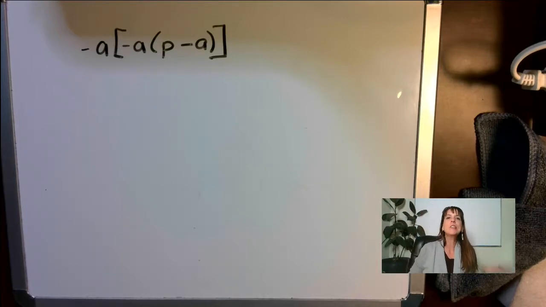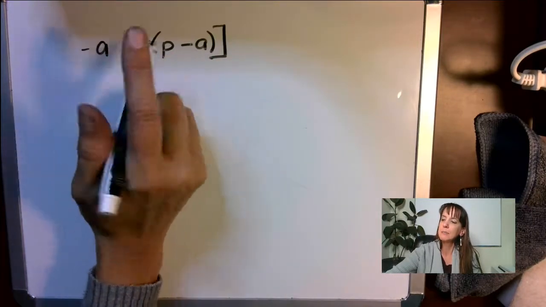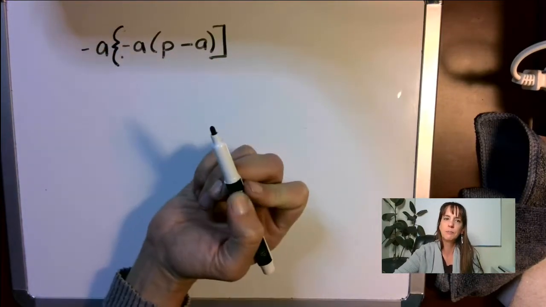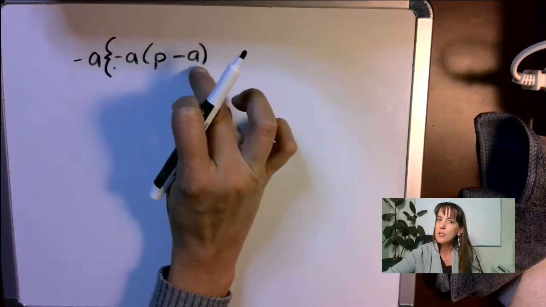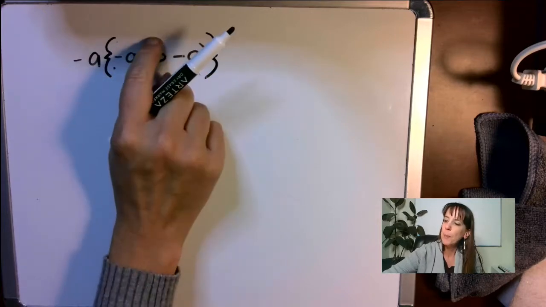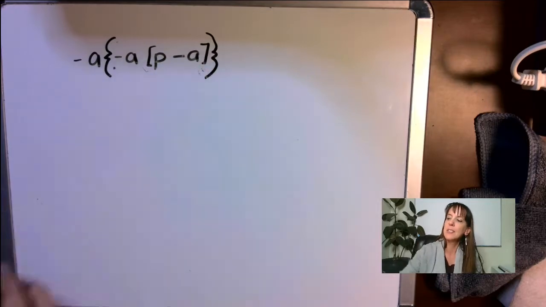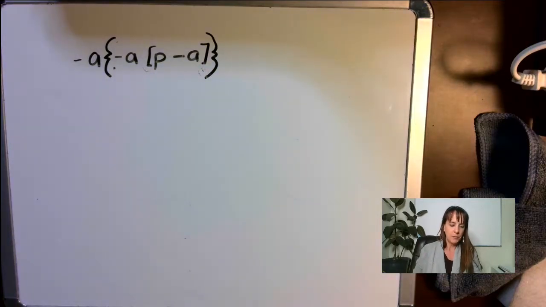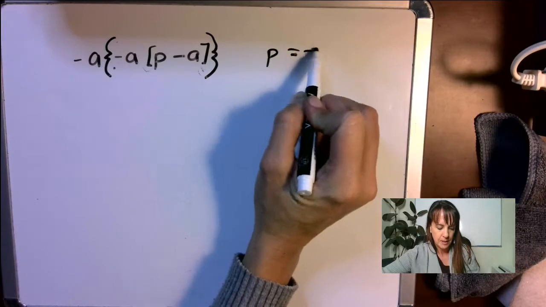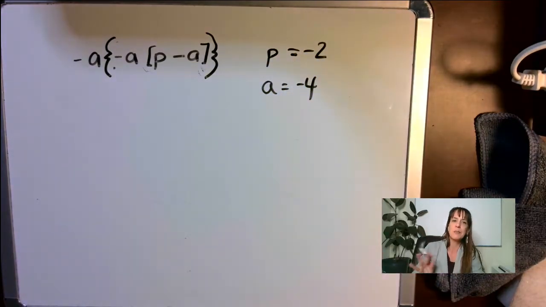Okay, so the best way to do this is you really want to use your parentheses, all right? So when I see something like this, what I'm going to do is change these brackets into braces. Remember, that's like a little hill, peak, hill, right? Change this bracket into hill, peak, hill, and then I'm going to change these guys into brackets. So when I copy it down, this is how I copy it down, right? I have p equals -2 and a equals -4, particularly in this case because these are negatives and you sometimes have to use